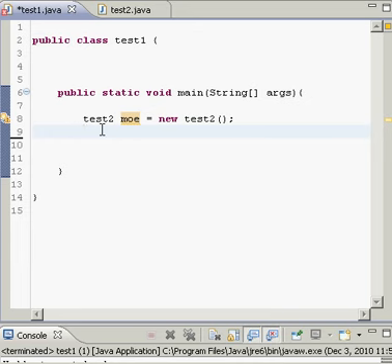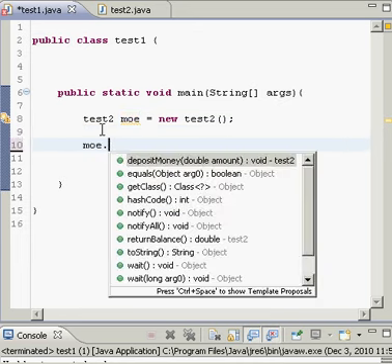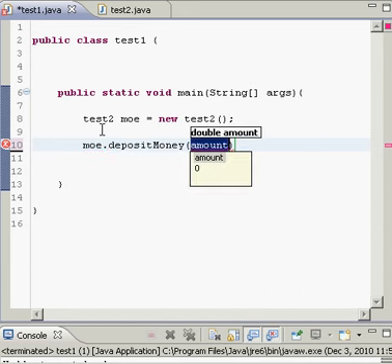So now we write more, and when you press dot, through dot notation, it will give you the available methods or functions you can use. We defined the function depositMoney, so we choose this one, and we enter the amount of money that we want to deposit, 100,